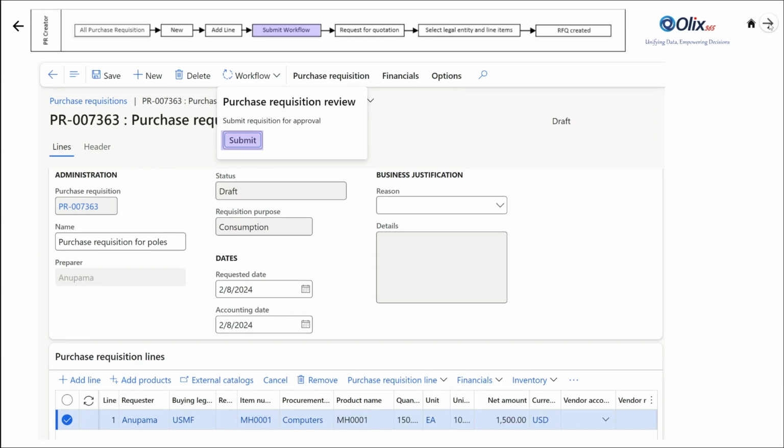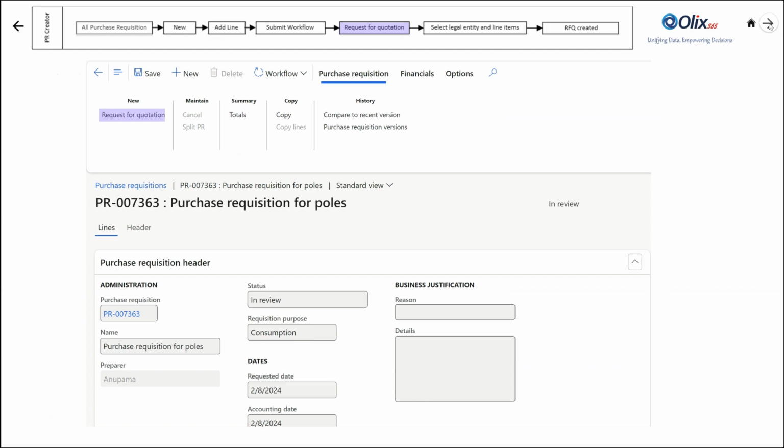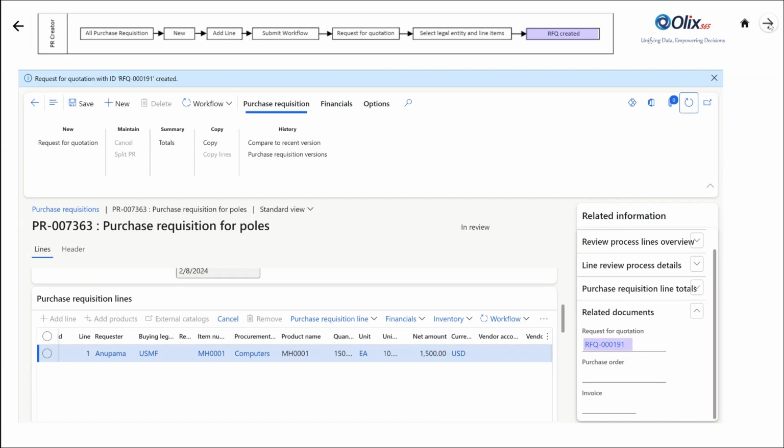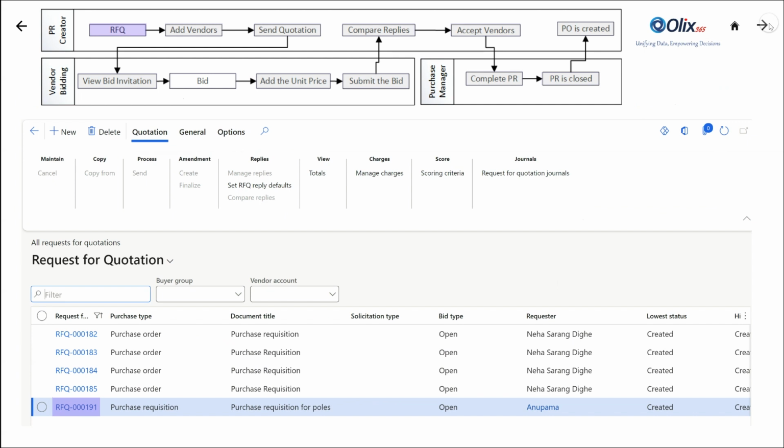Then the Request for Quotation button will be enabled. Select the appropriate legal entity and line items, then click OK to generate the request for quotation. Let's walk through the request for quotation process. We have the option to initiate a new quotation by clicking on New. Alternatively, to demonstrate a continuous purchase requisition to request for quotation process, click on the request for quotation that is